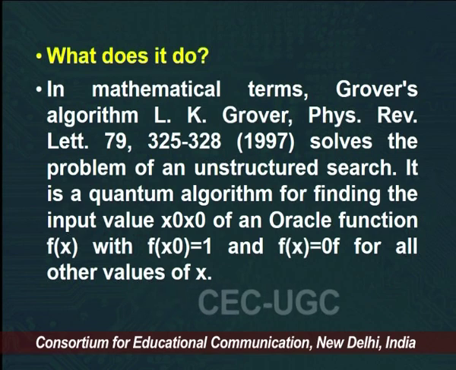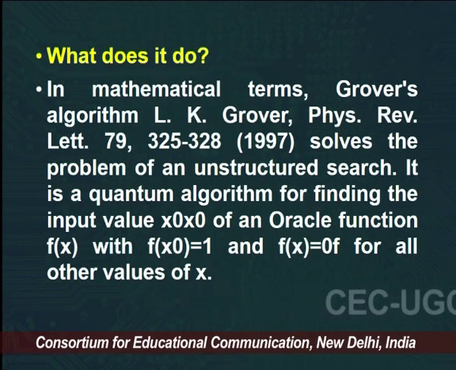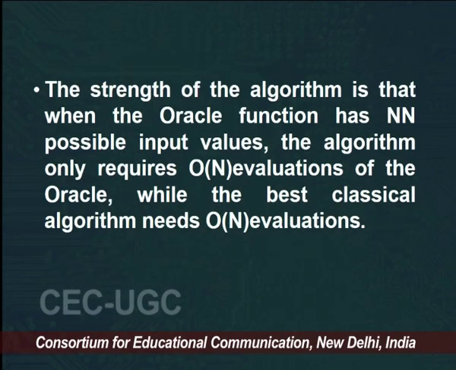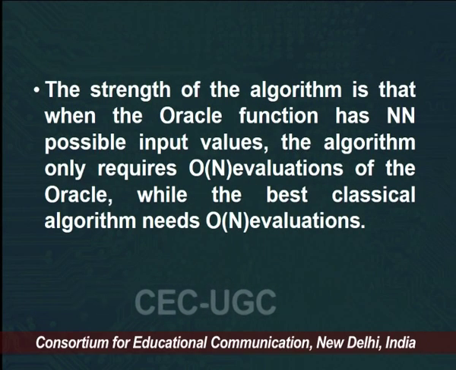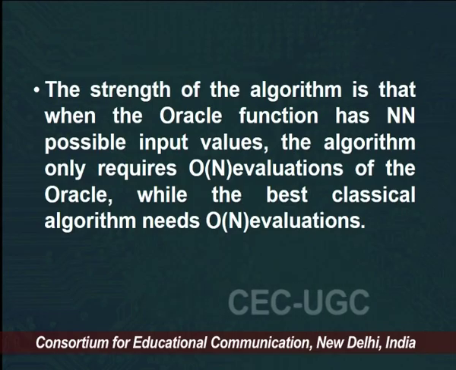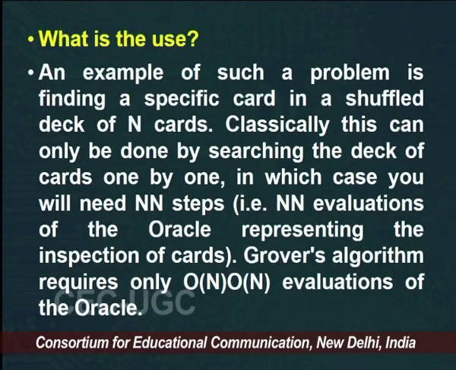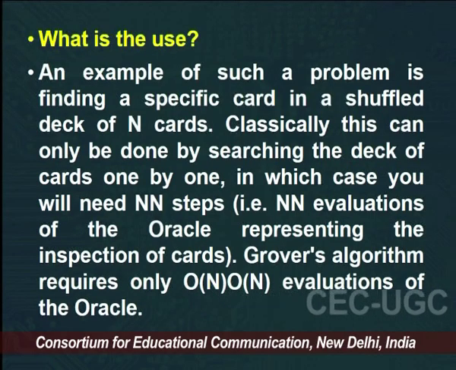So, in mathematical terms, we can take an example, as we use Grover to solve the problem. So, this algorithm can be solved by using the various methods. For example, if we take the problem of finding a specific card in a shuffled deck of n cards. Classically this can be done by searching the deck of cards one by one, but in case of